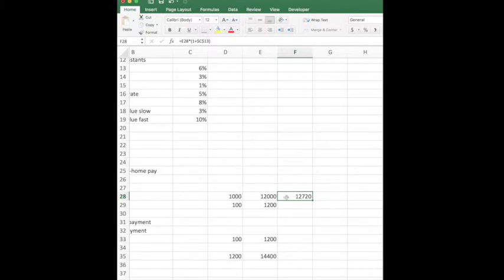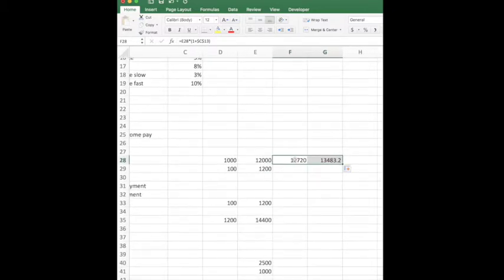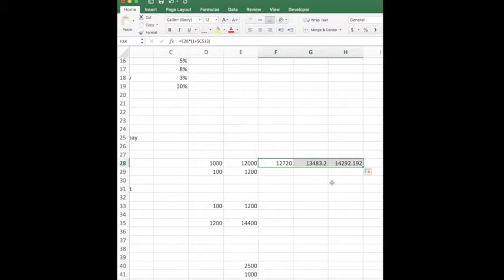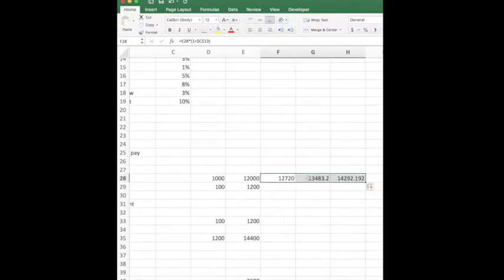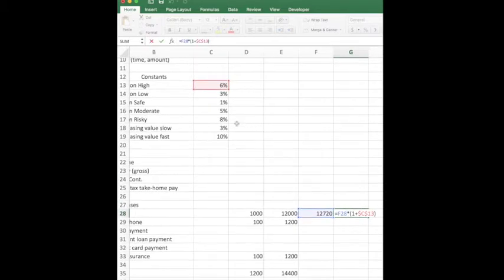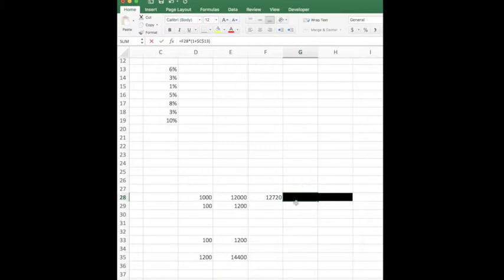So now it works, and if we drag it into 2018, we can see 2018 at the top. We can see that the next year is 6% higher, and you can see why this would work really easily all the way across the chart. So we love the idea of the dollar signs. When you click on the formula, you'll see the $C$13. That holds the formula to this cell, and so that's going to be our increase of